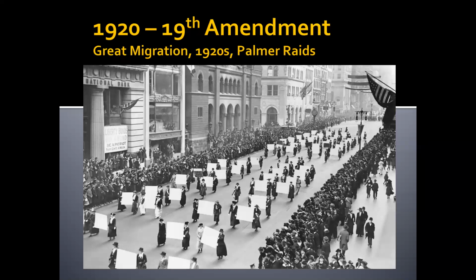And finally, we also have the Palmer Raids. The Palmer Raids are some of the most famous moments of the first Red Scare. Remember, the Red Scare is this pushback of Americans against either immigrants or suspected communists, where they believe that communism is infiltrating the United States and it is threatening democracy. So the Palmer Raids are targeted, superficial attacks towards suspected communists. Most of these raids had no real evidence. They were just carried out.